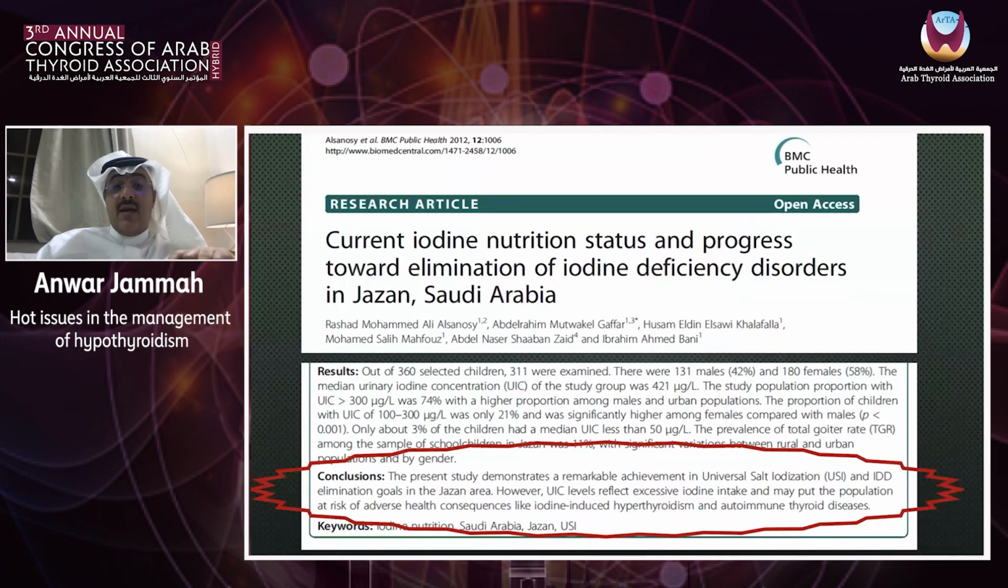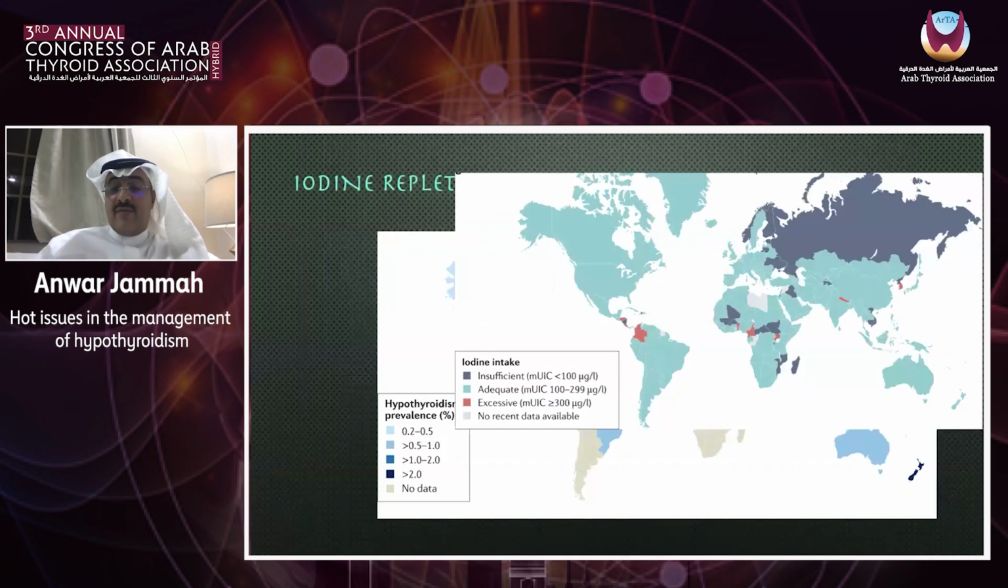And this is a study from Jazan, Saudi Arabia, in 2012, and it clearly makes a remark here that excess iodine intake may put the population at high risk of iodine-induced hyperthyroidism and other autoimmune thyroid disease. So replacement of iodine caused people to have more autoimmune disease, one of them being Hashimoto thyroiditis and hypothyroidism. And this is the iodine intake, and we show that this country is adequate, and one of them is